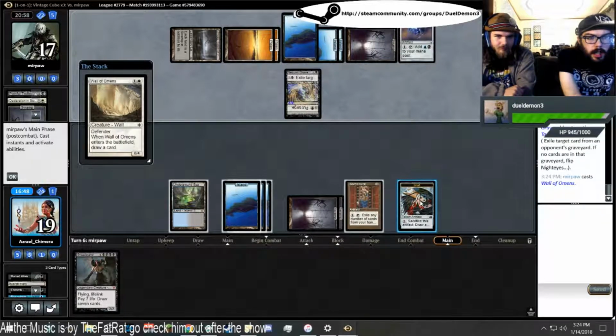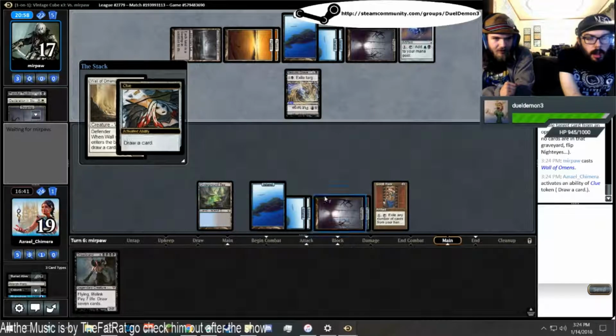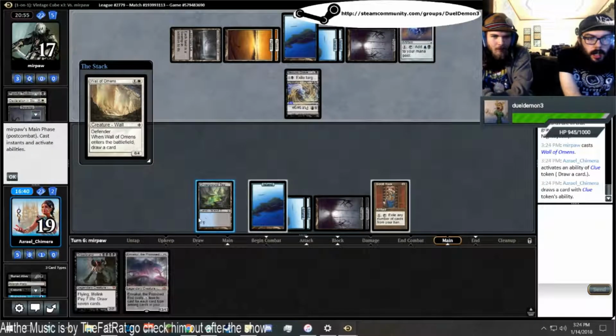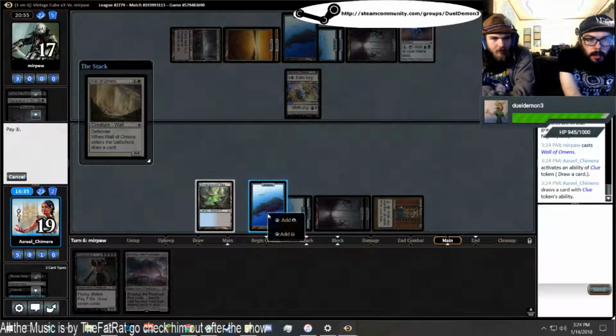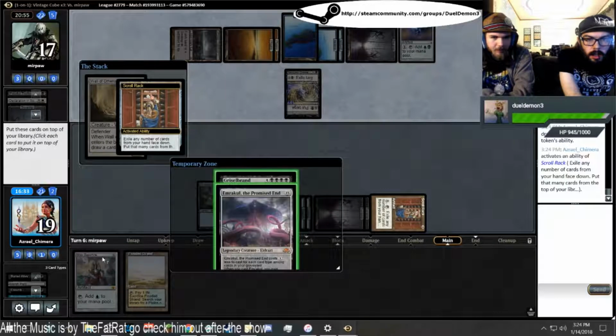Wait for him to do a thing. There's the wall moment, so he's trying to rebuild. I'm gonna draw a card in response here. Oh, we have swamps. I keep forgetting we have a pile of swamps right now. Oh. That's not what we wanted inherently. And what do you got in the bin right now? Pay 1. I would have done a bin check real quick, but...